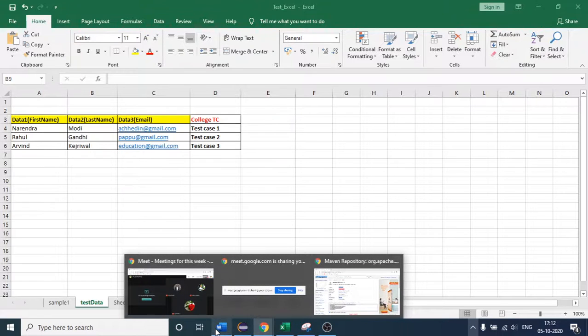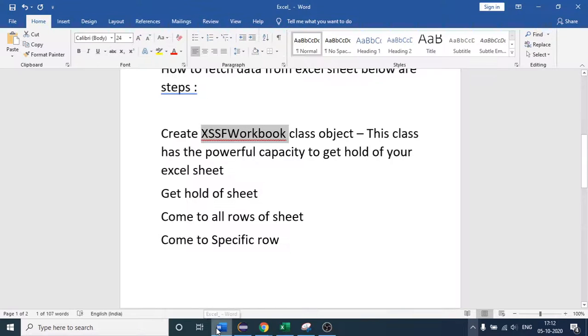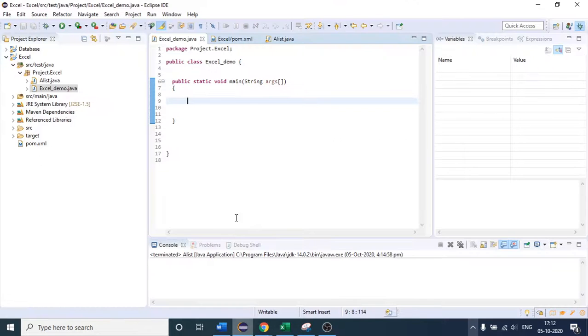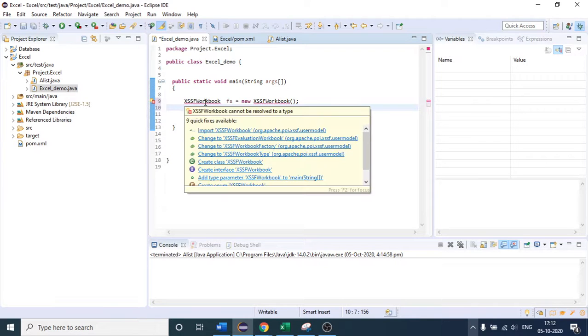Let me copy this, come to my Eclipse, and paste it here. Let me give the object as fs equals new, and we will get one error, then import the package.